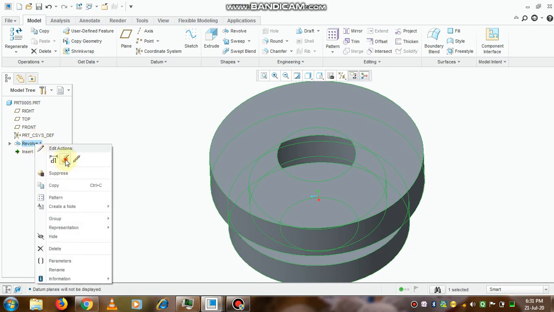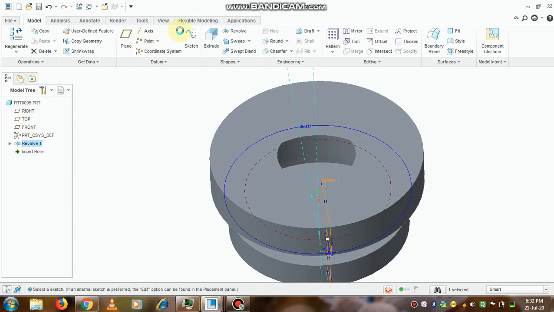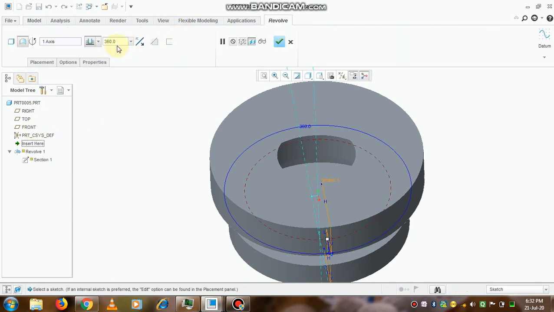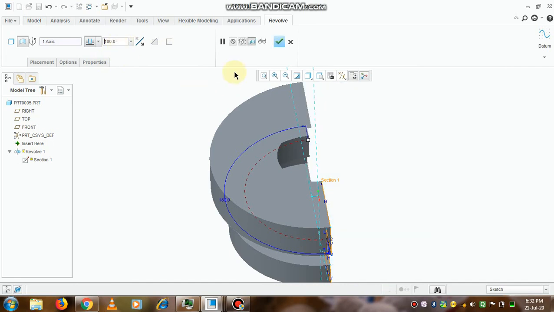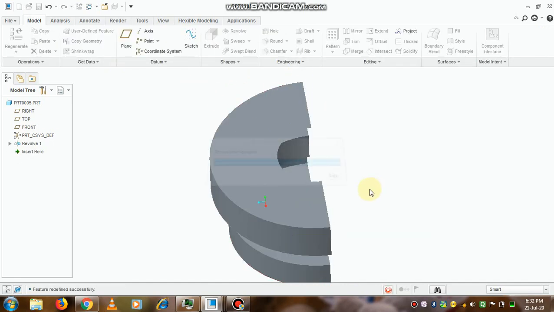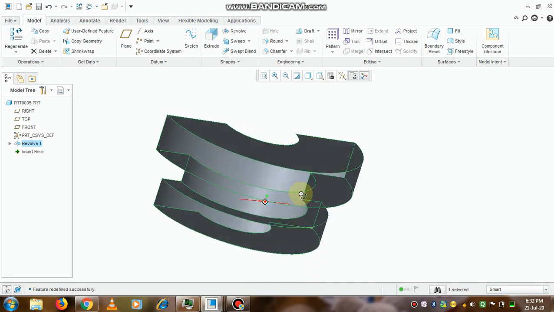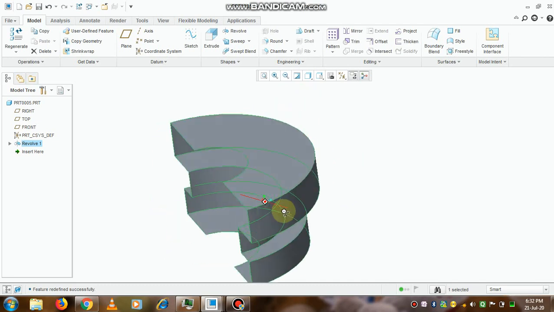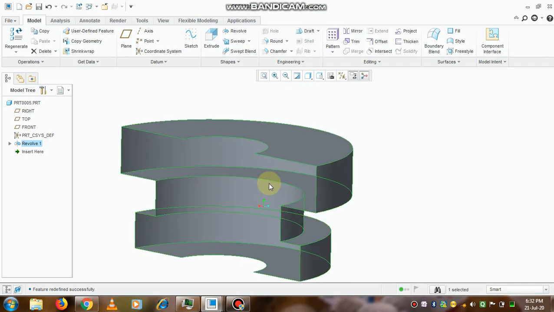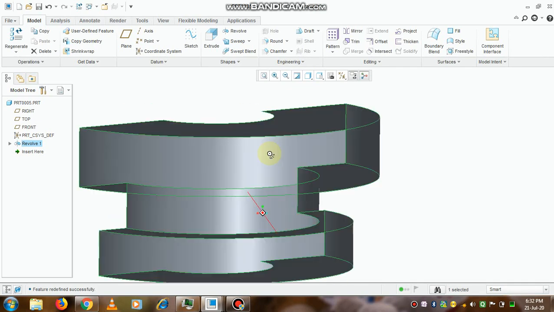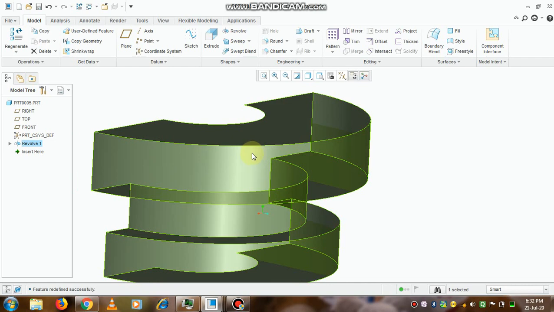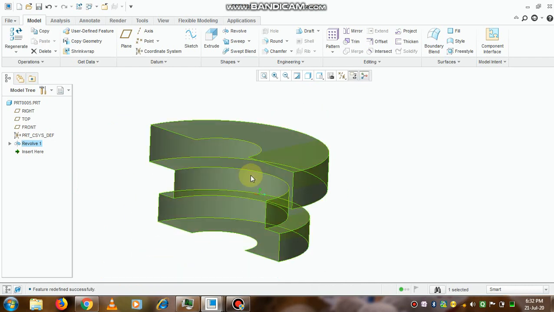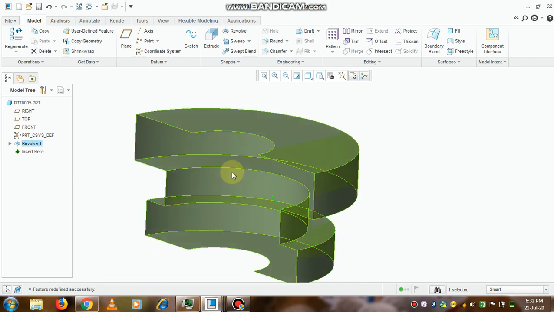Suppose there is any application or drawing where we want to keep it to 180 degree only. So if you go to the option edit and select here 180, enter. So half of this section can also be created. Since we have not closed it, it has taken the default way as a surface.